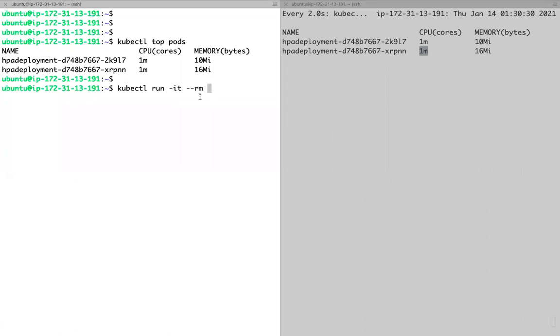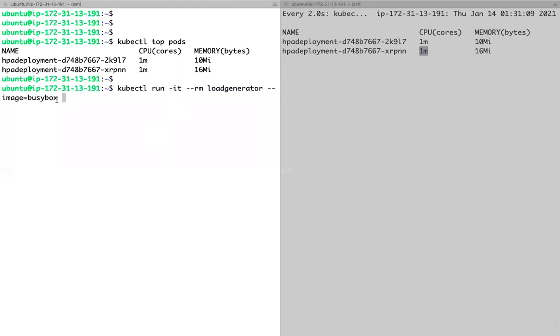So once I come out of that pod, it will be deleted, right? The pod name I'm giving something like this, load generator. This is my pod name. I will use this image. There is an image called this. It is just a Linux image with some softwares. So I'm going to create a container out of this image interactively. This is my pod name, like load generator.